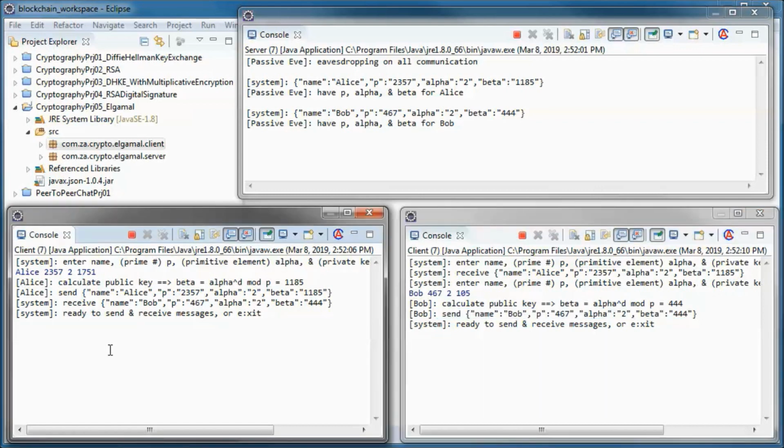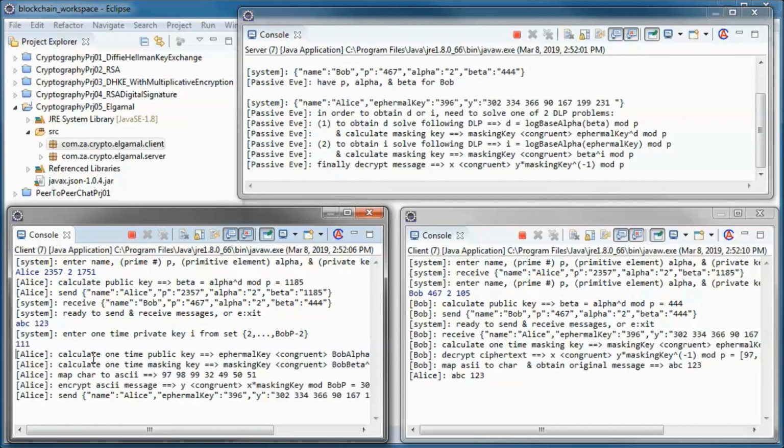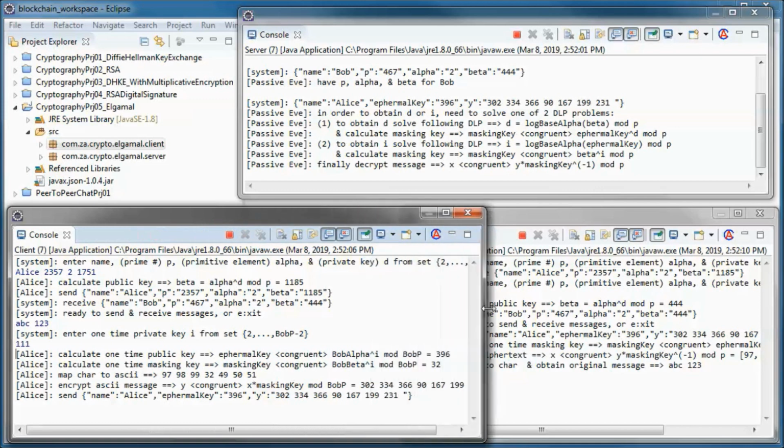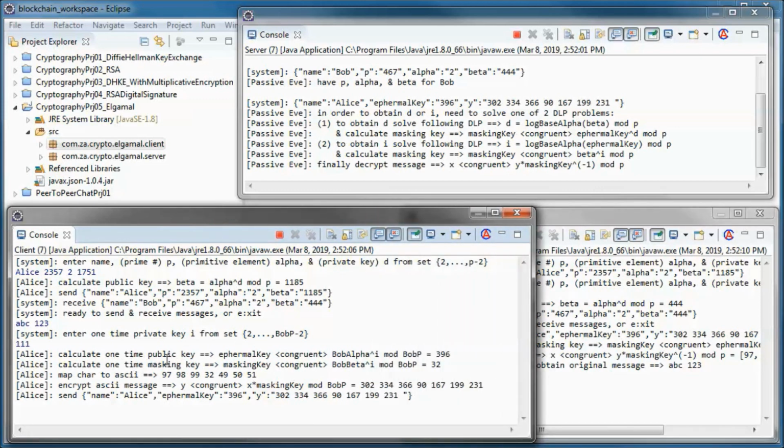And if Alice wants to send this message to Bob, and maybe she picks this private key, so she calculates the public key for this message, or the ephemeral key, and the masking key, and maps the character to ASCII and encrypts the ASCII message using the masking key, and sends the encrypted message and the ephemeral key to Bob.